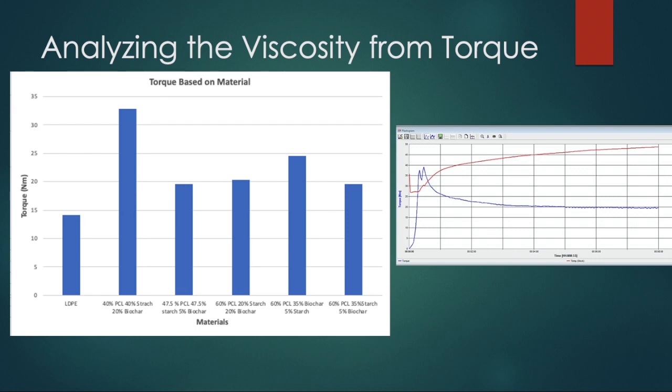If we look at the 4th column compared to the 5th and 6th column, we see that as the amount of biochar is increased, the higher the torque of the material, and as the biochar decreased, the less torque there was. The image on the right is a screenshot of the information given by the Brabender. The line in blue shows the torque versus time, and the line in red shows the temperature versus time. The equilibrium torque is the point at the end of the graph where the blue line, the torque line, evens